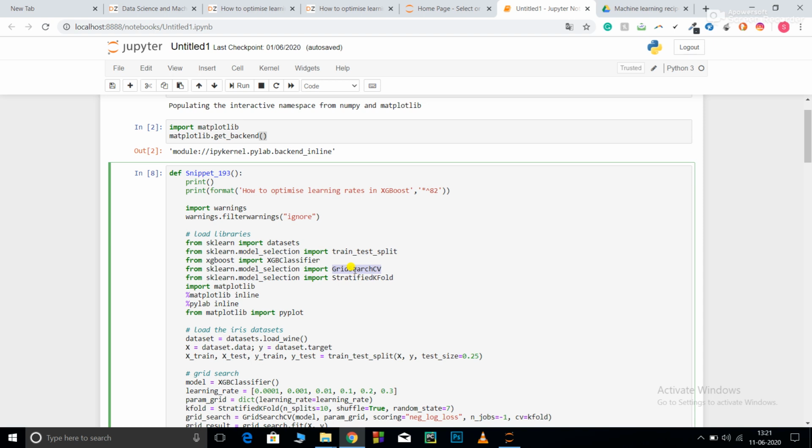Now k-folds. There are two very popular types used: stratified shuffle k-fold and stratified k-fold. Over here I am using stratified k-fold. So what is the difference?